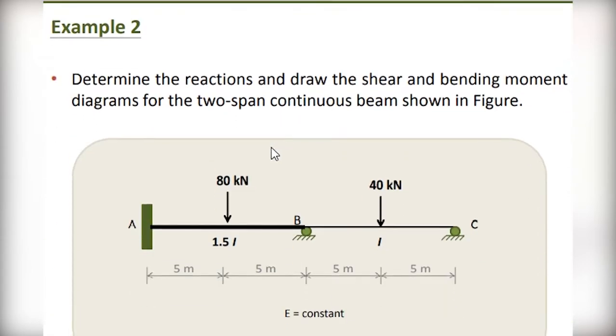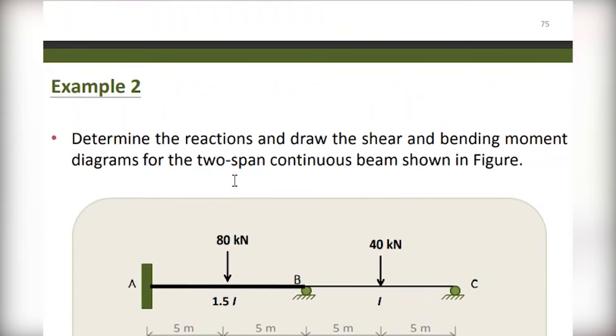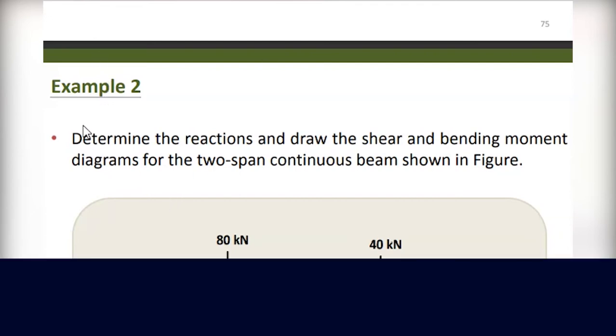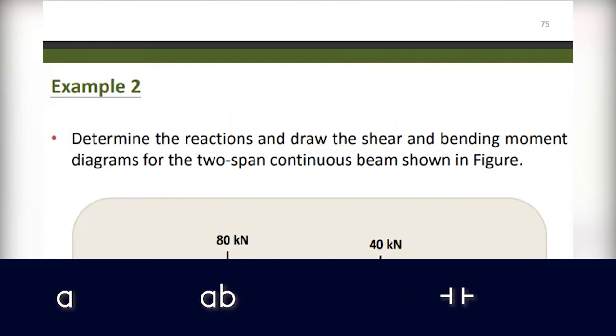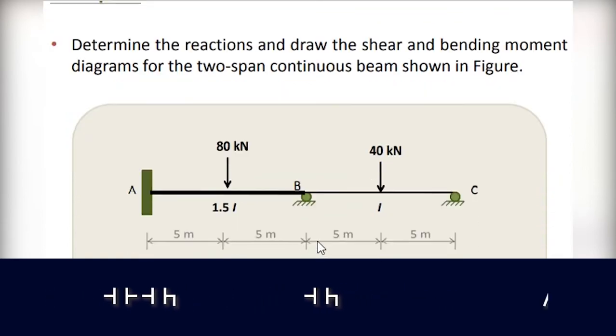So that's the way you can do that one. Another way, you can go to the second example, and you can do the same procedure. Let's look at the second example. We are asked to determine the reactions and draw the shear force and bending moment diagram as shown. So the value now is shown here below, which is,